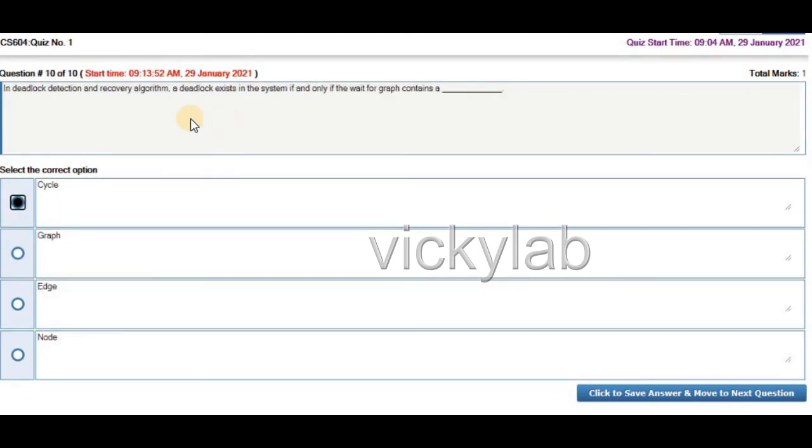और क्वेश्चन इज़ लास्ट वन जो सा वो है, in deadlock detection and recovery algorithm, deadlock exist in the system if and only if the wait for graph contains a cycle। सो ये थे आज के 20 क्विज़ जो मैंने आप लोगों के साथ शेयर किए।